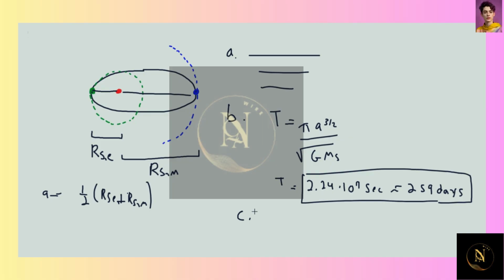So part C is kind of interesting. It says to reach Mars, we must time our launch so that Mars will be at the right spot. What must the angle be between the Sun-Mars line and the Sun-Earth line? They're talking about these two lines we've just drawn. Right now the angle between these is 0 or 180 degrees, depending on how you want to measure it. We'd probably say that's 180 degrees. So when do we actually want to launch it? Well, this 259 days that it'll take to get there,